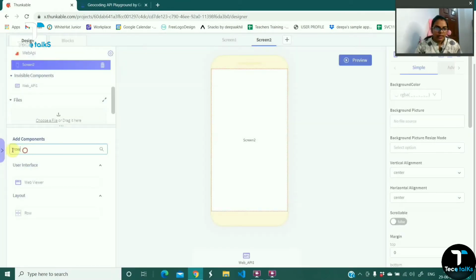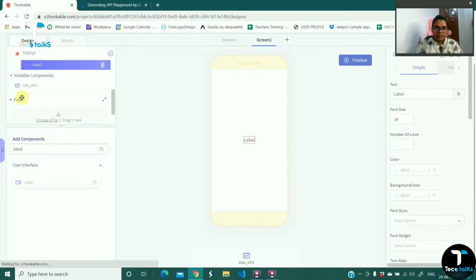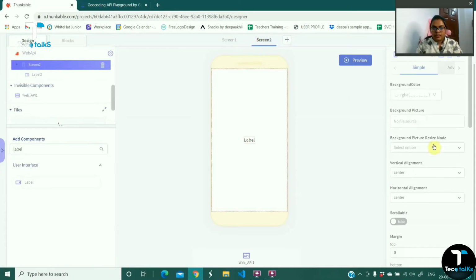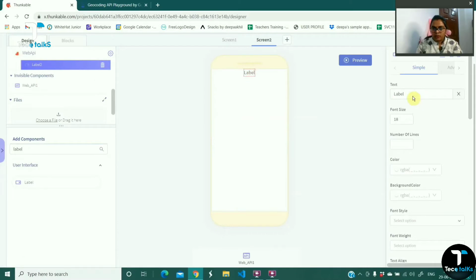The design components we want are, I'm just putting a label first. So I'm just making the screen's vertical alignment as top so that the label will be showing on top, and let's put the label as search hotels by location. And just below this I'm going to put a row which will include our text input and the search button.